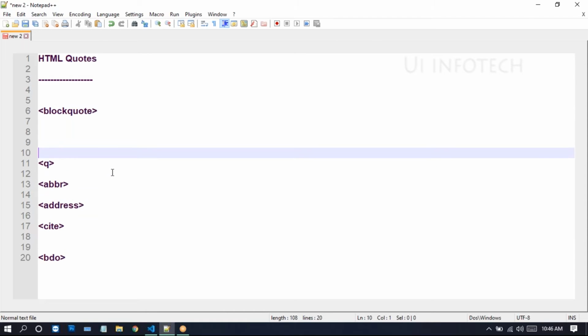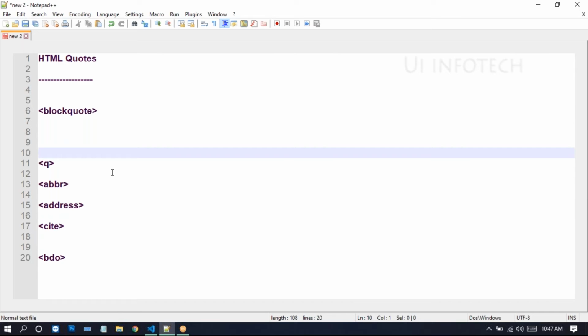So in the blockquote, the blockquote is generally displayed with indented left and right margins. It gives some space between the right and left margin, and a little bit of extra space is added in the above and below section. The blockquote is a long type of quotation, which defines a section that is quoted from another source.